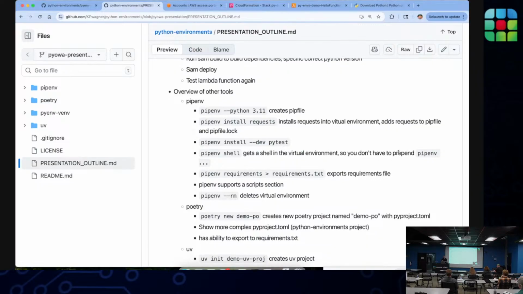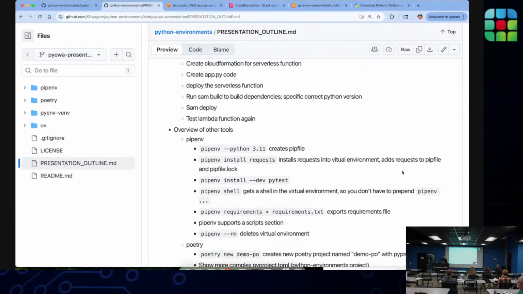Okay, so let's talk about a few other tools that are available. I know that time is getting a little short. I don't want to keep everyone here late, so we will go through this relatively quickly. But